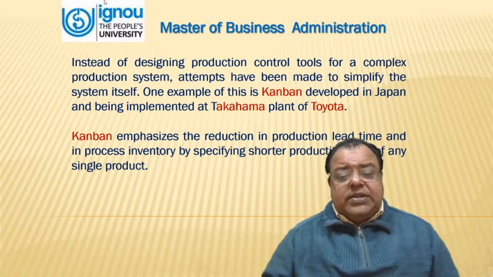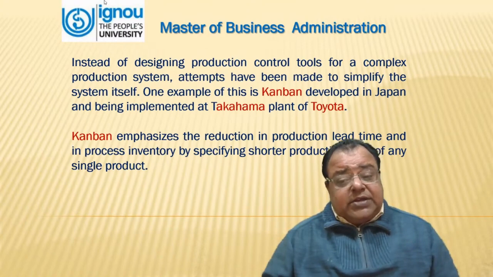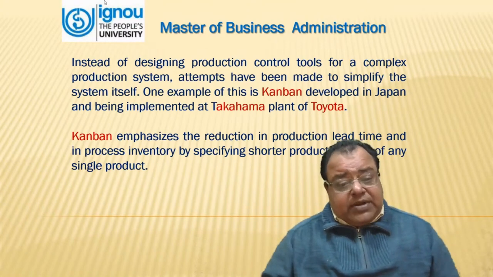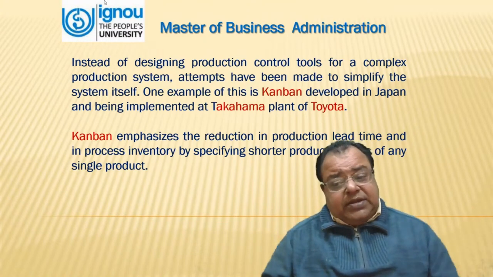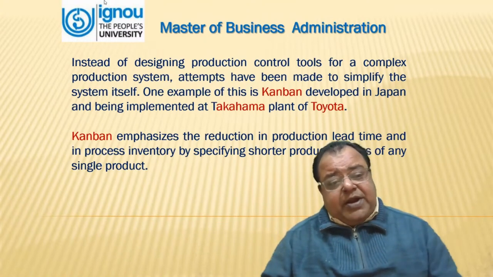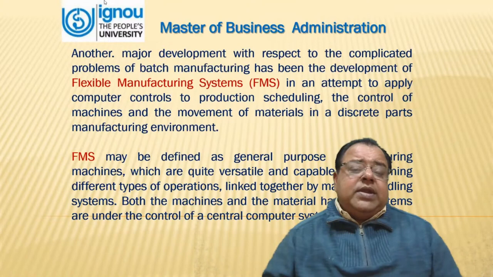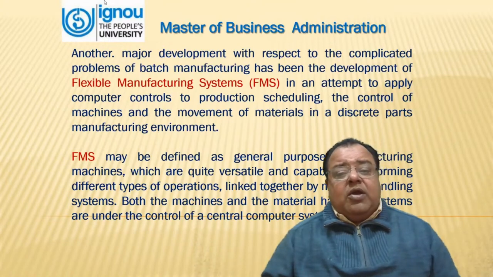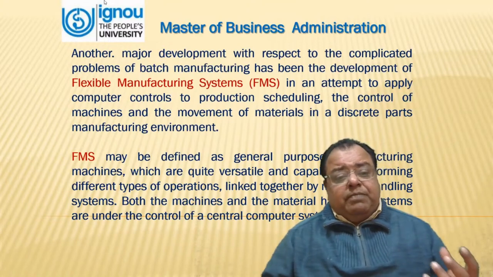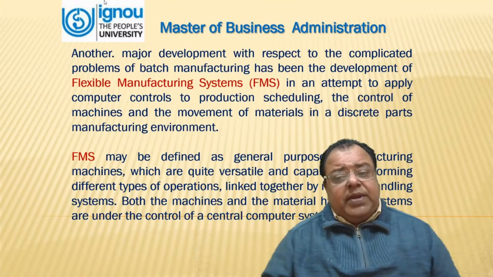Kanban emphasizes the reduction in production lead time and in-process inventory by specifying shorter production runs of any single product. Another major development with respect to the complicated problems of batch manufacturing has been the development of the flexible manufacturing